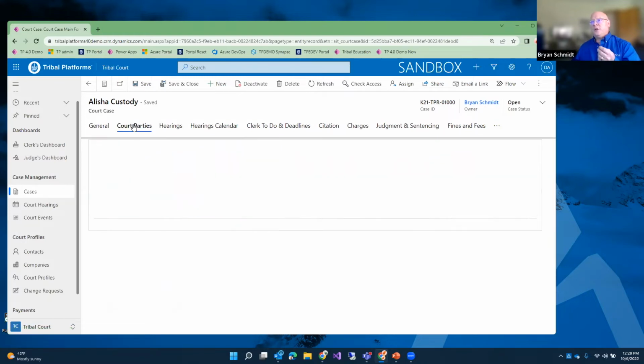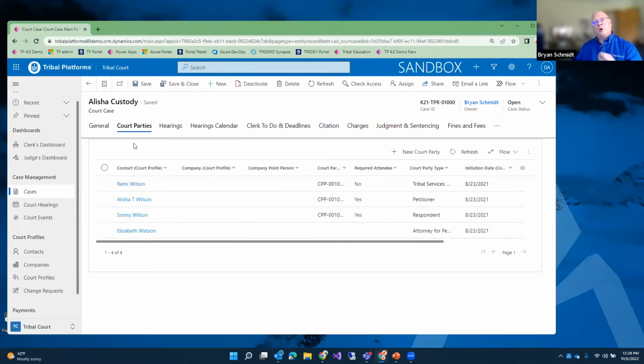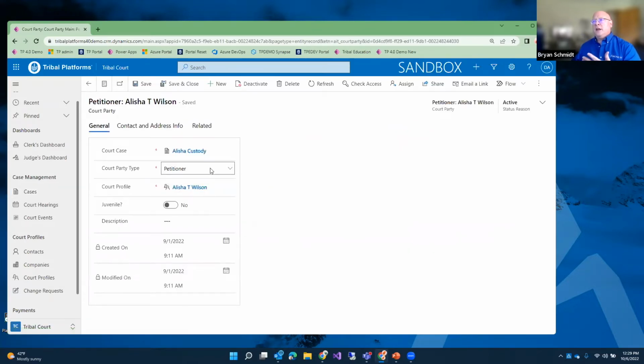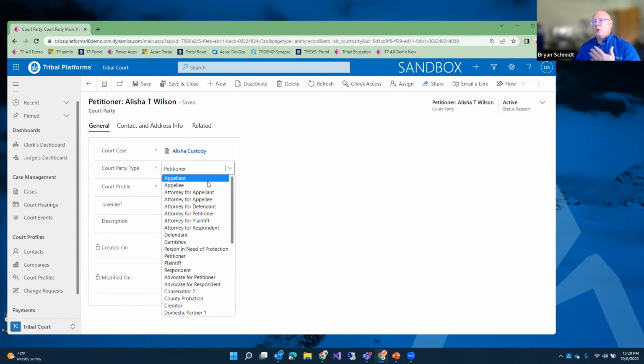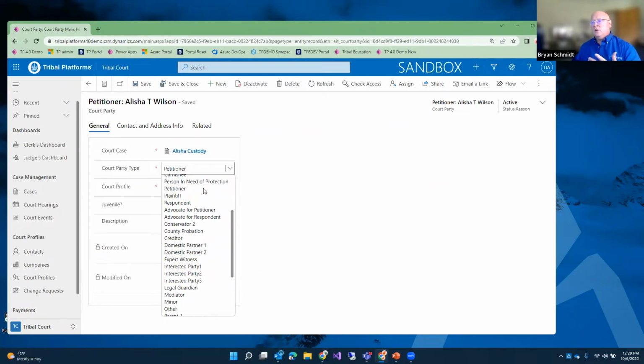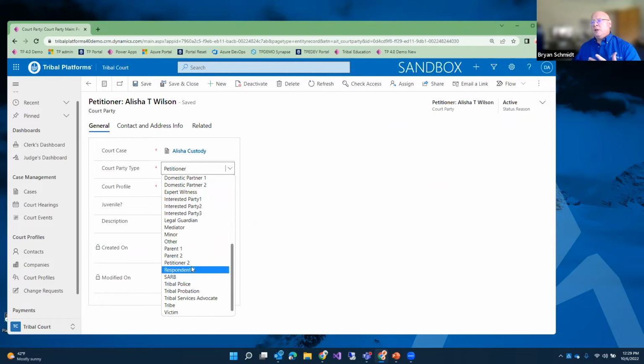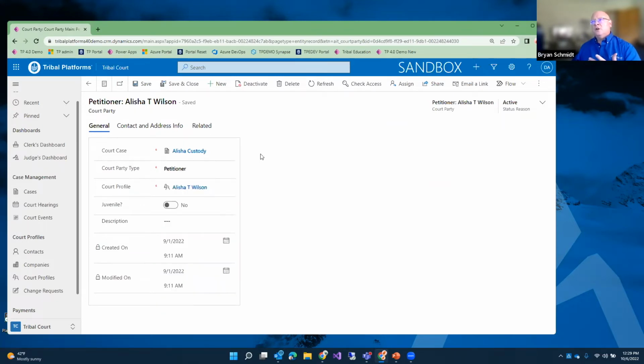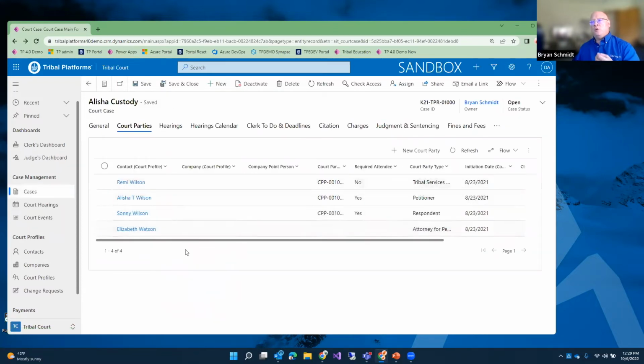And then with this, we can actually capture the list of court parties that are involved. So an important element of this is, I'm going to dive into looking at, for example, here's a person, and I can define their role and their relationship to this case. So I could open up Alicia and I can select these options of how am I related to this specific case, whether I be an interested party, a mediator, police, victim, witness. So you have lots of different options here to collect all the different people that are related to this case and what is their involvement.